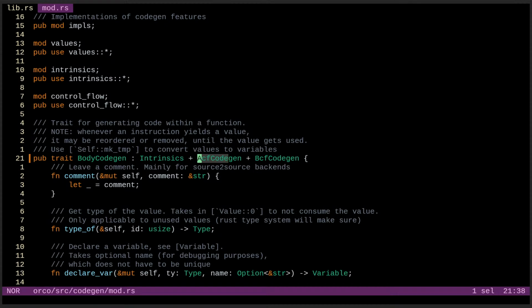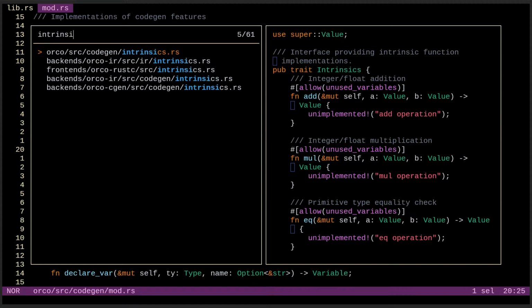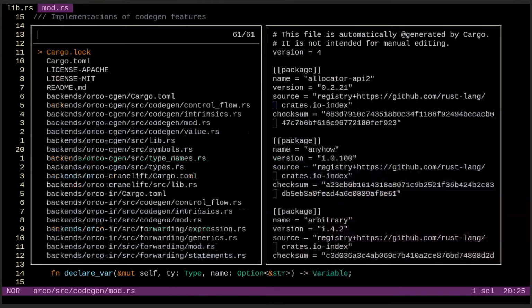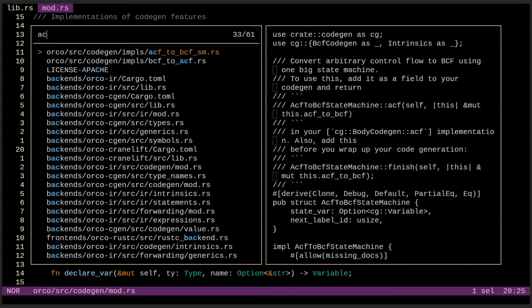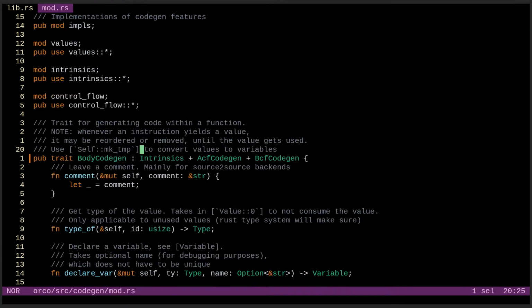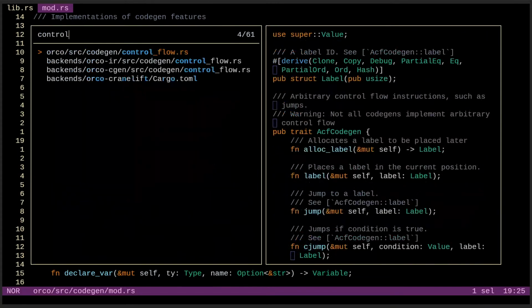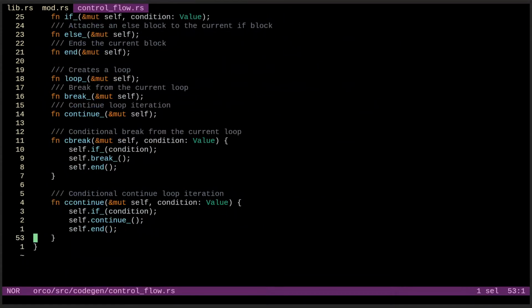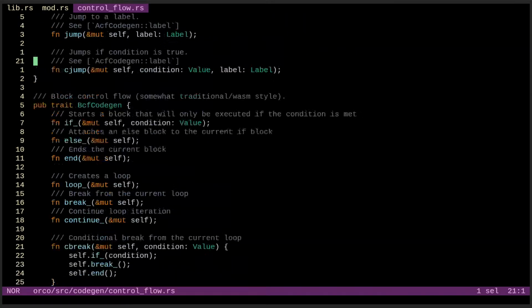Default unimplemented implementations. So intrinsic trait, for example, unimplemented, or ACF code. Where is it? Control. It's control flow. ACF code. Wait, we don't have default implementations here.